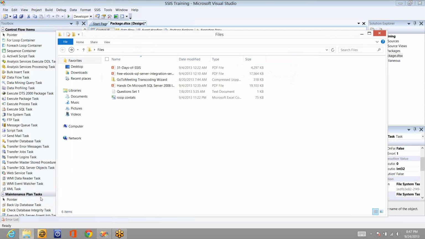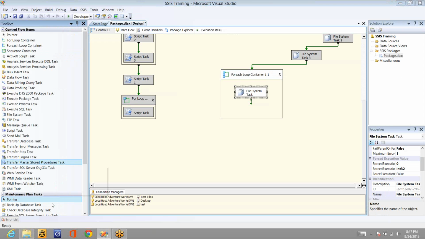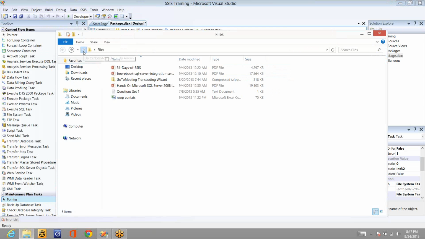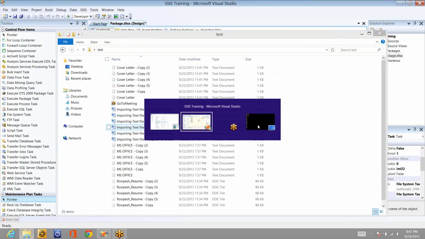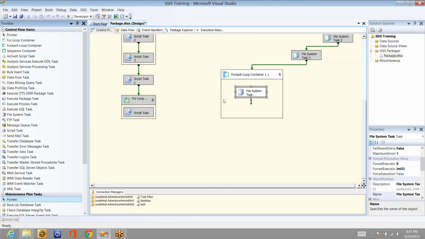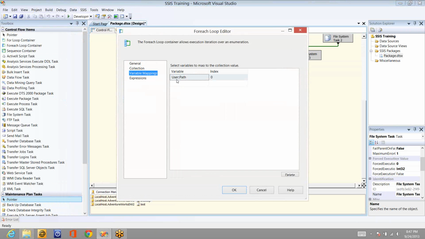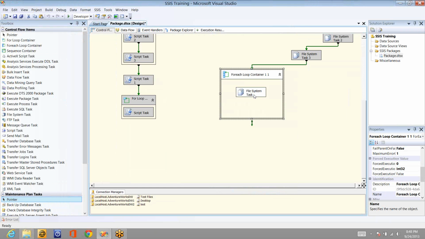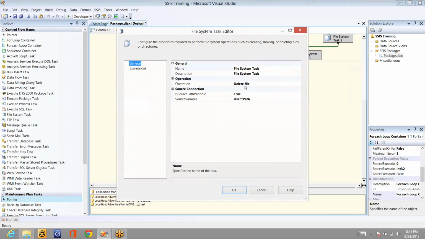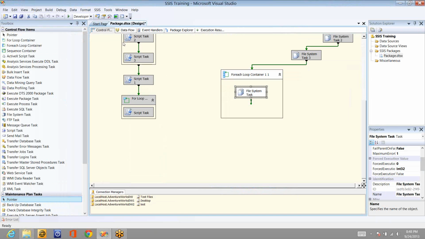Now let me open the folder. Let me keep it open so that you can see how the files are getting deleted. Where is that? The test folder. So what I have done here is, here I'm looping through this folder, the test folder, and I'm getting the file name into the variable, just like I have done for copying purpose couple of minutes back. I'm getting the file path into the variable, and once I get that, I'm using file system task to delete the file, whatever the file that is available in the path specified in the user path variable. Now let me execute it